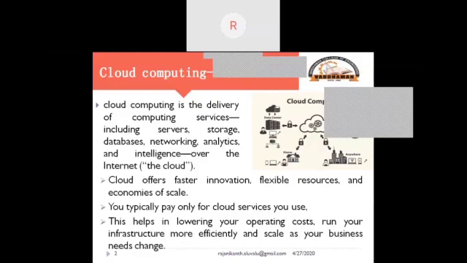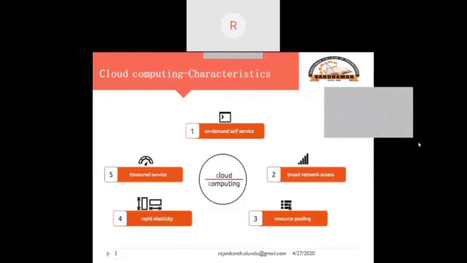So moving on, the characteristics of cloud computing. We could see five major characteristics of cloud computing. The first one speaks about on-demand self-service. What does on-demand self-service say? It says